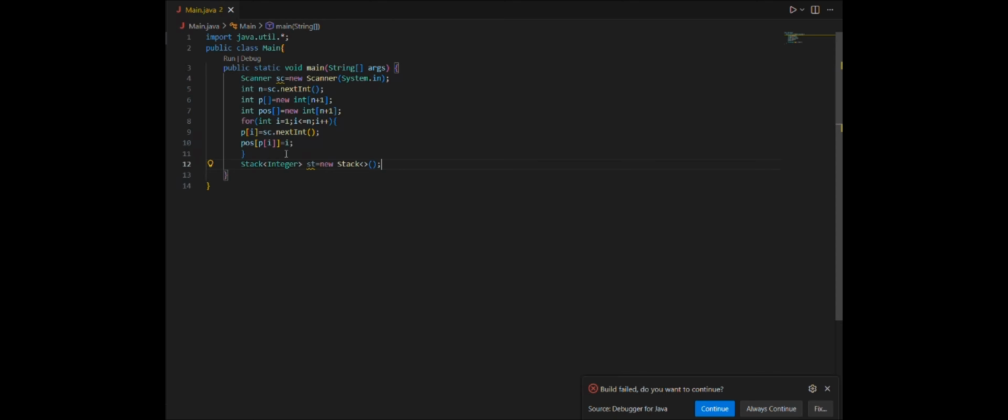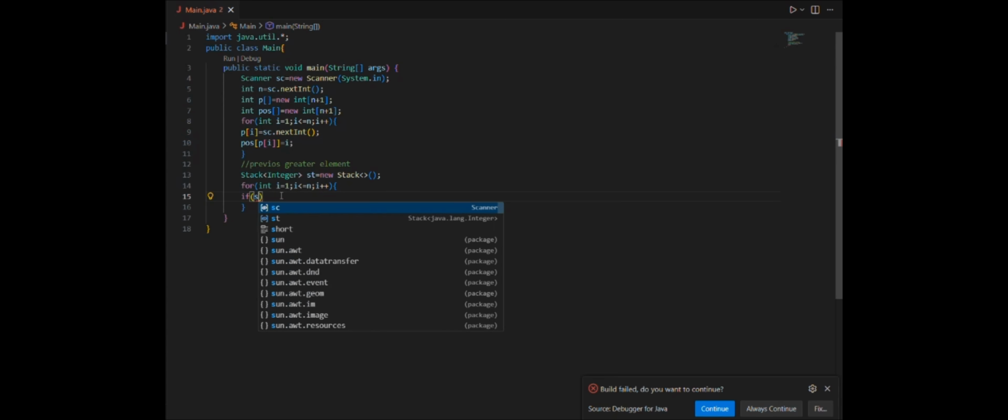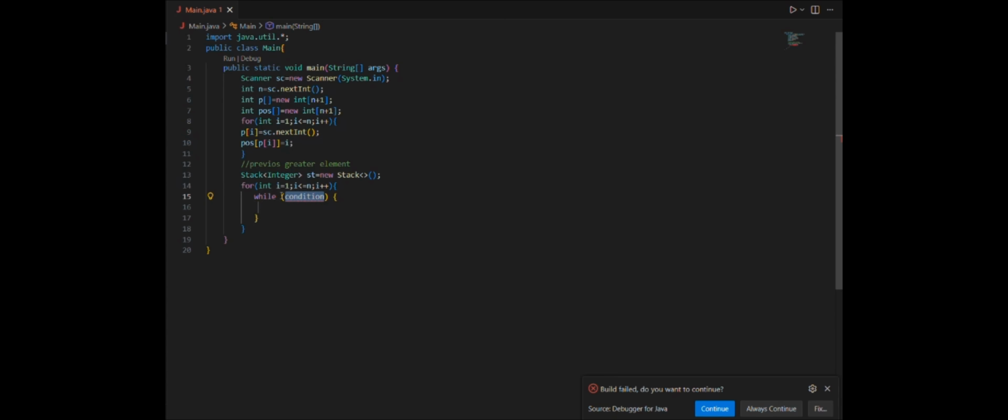Okay, so we'll move forward like this. It is going to find the previous greater element, using a stack, while the stack is not empty and